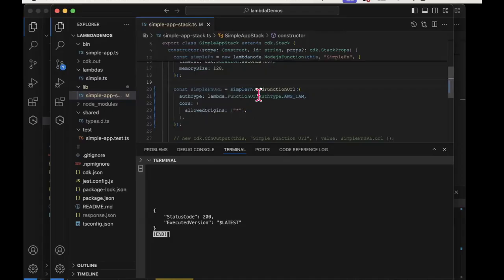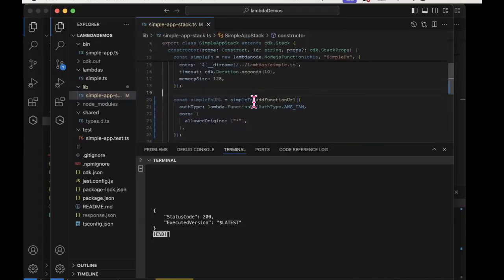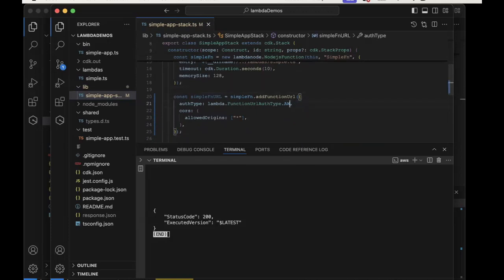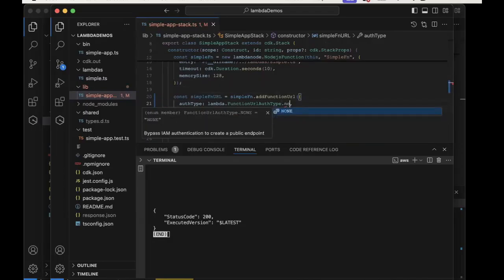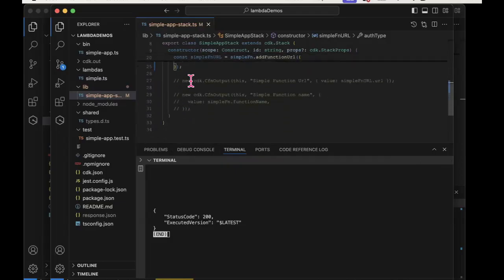Okay, so this is how you do it. You're not creating a new resource now. What you're doing here is asking the Lambda service to generate a unique URL for your Lambda function. We leave out that bit actually. So we don't want any security associated with it. And CORS is okay. And I'm going to